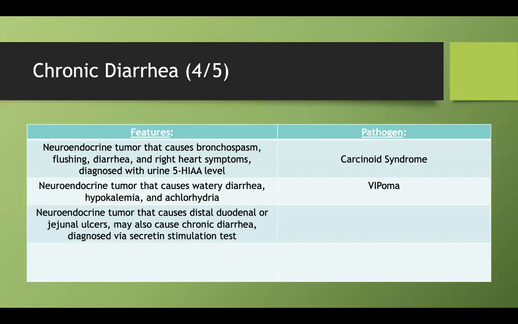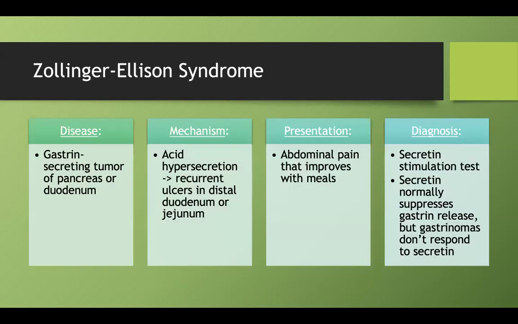How about a neuroendocrine tumor that causes distal duodenal ulcers or proximal jejunal ulcers? It can sometimes cause chronic diarrhea. You diagnose it via the secretin stimulation test. So that's a gastrinoma, also known as Zollinger-Ellison syndrome, which we've talked about in the past. Just know these ulcers in the distal duodenum and know that the secretin stimulation test can help